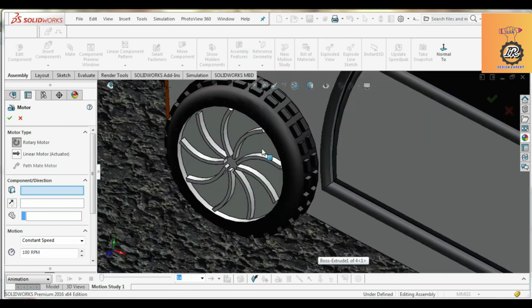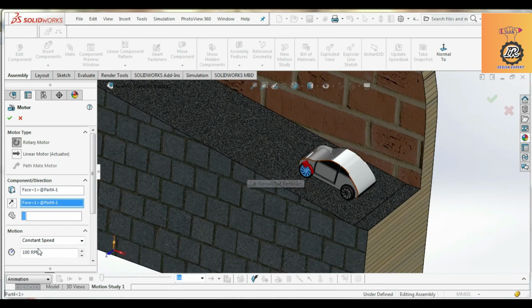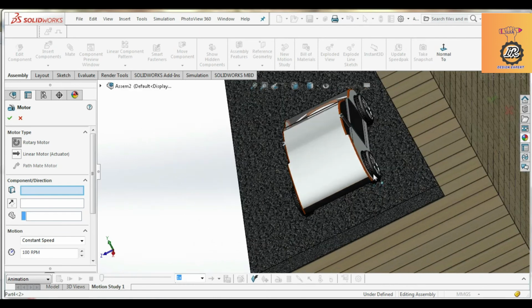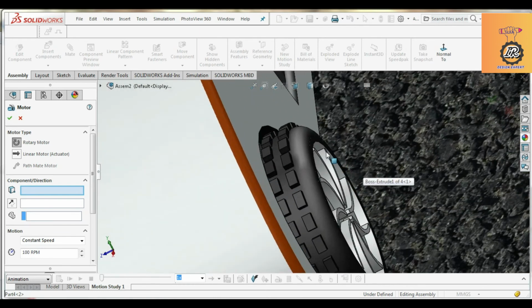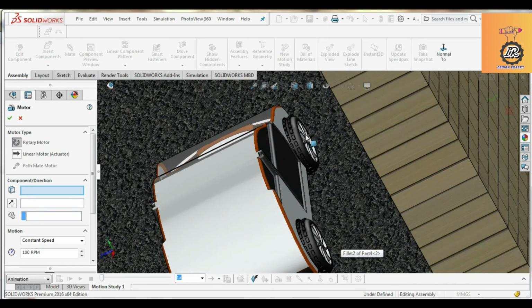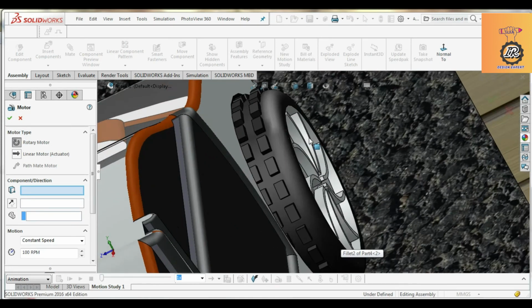Again another motor, the RPM is 50. Now on the other side of the wheel we give the RPM, and all the directions should be in the same direction. That is how the car moves in a smoother manner, otherwise we create a problem.